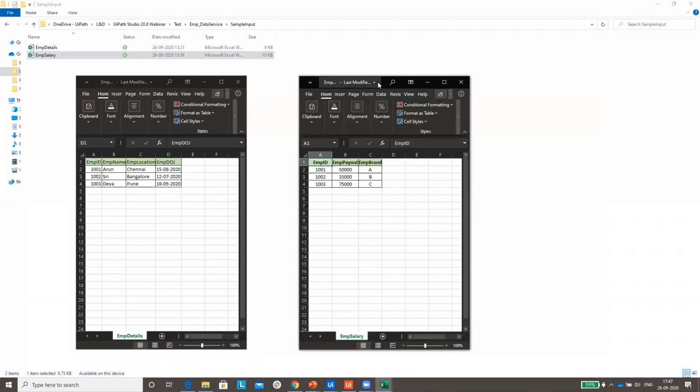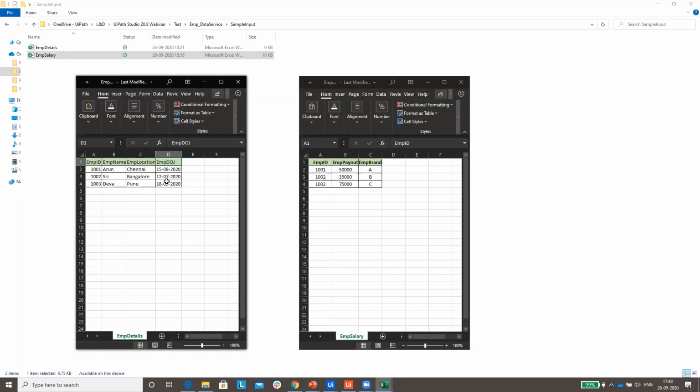Both have the same employee ID column. The reason to have a common column is to create a relationship between them.